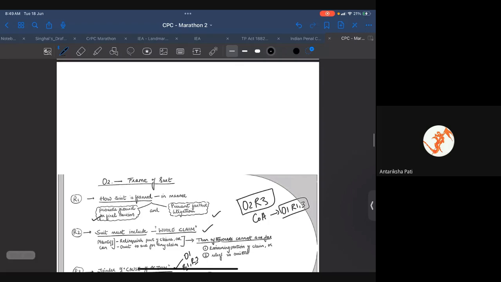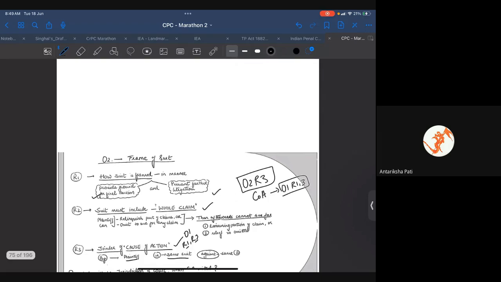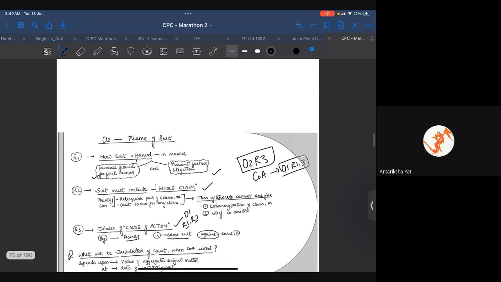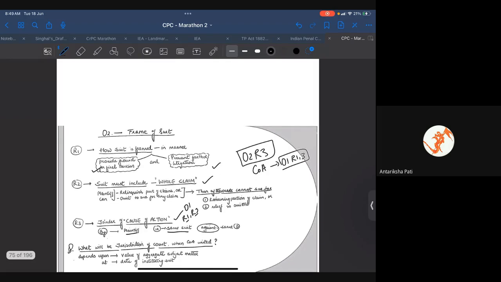Now, Order 2, frame of suit. How is the suit to be framed? In the manner provided, so that it will provide the ground for final decision and prevent further litigation. So, with this in mind, the suit is to be framed, and the suit has to include the whole of the claim. And if the plaintiff relinquishes a part of the claim, or omits to sue for any claim, then afterwards he cannot sue for the remaining portion of the claim or relief so omitted. Okay. But if he omits to sue in respect of the relief,